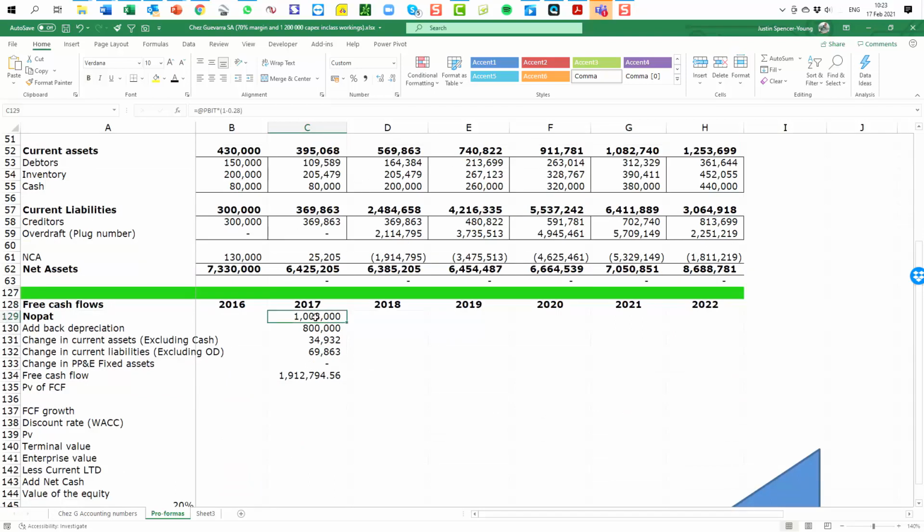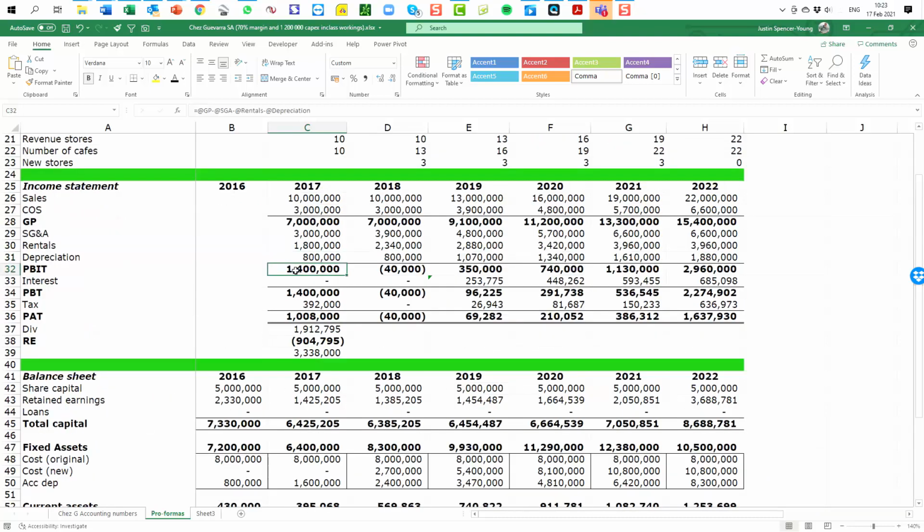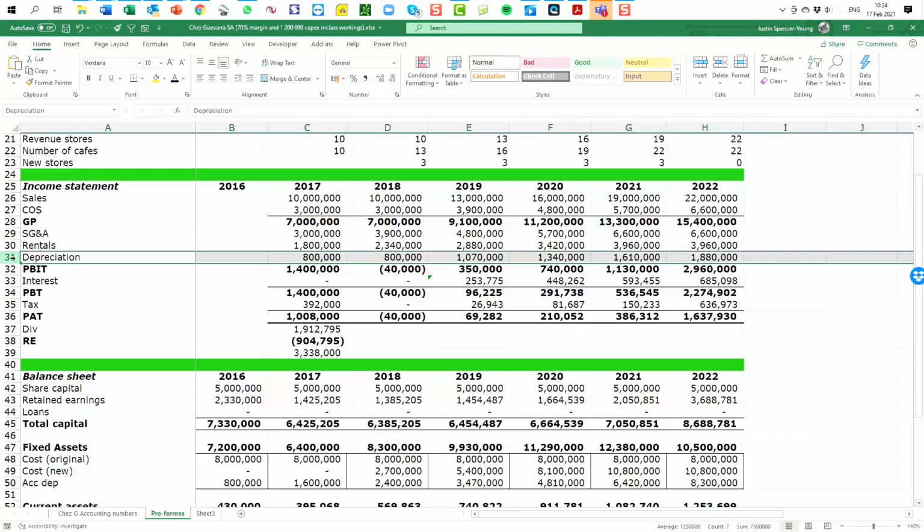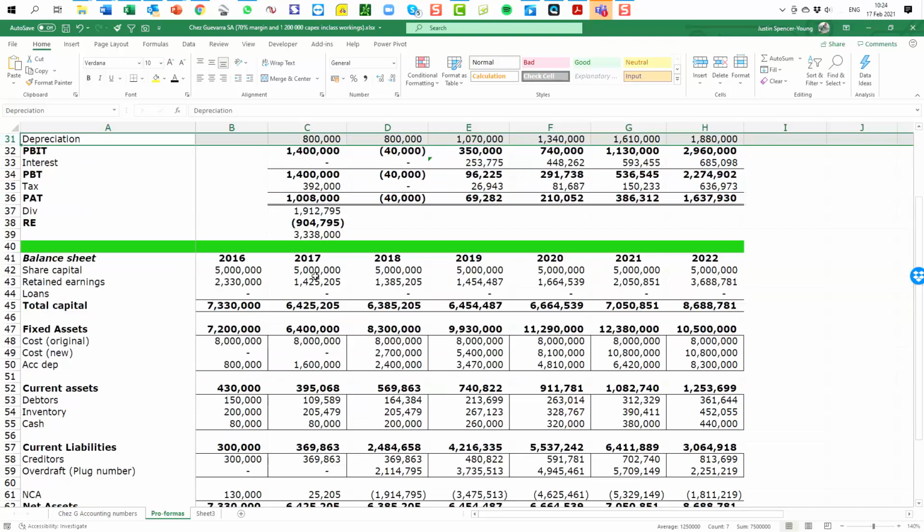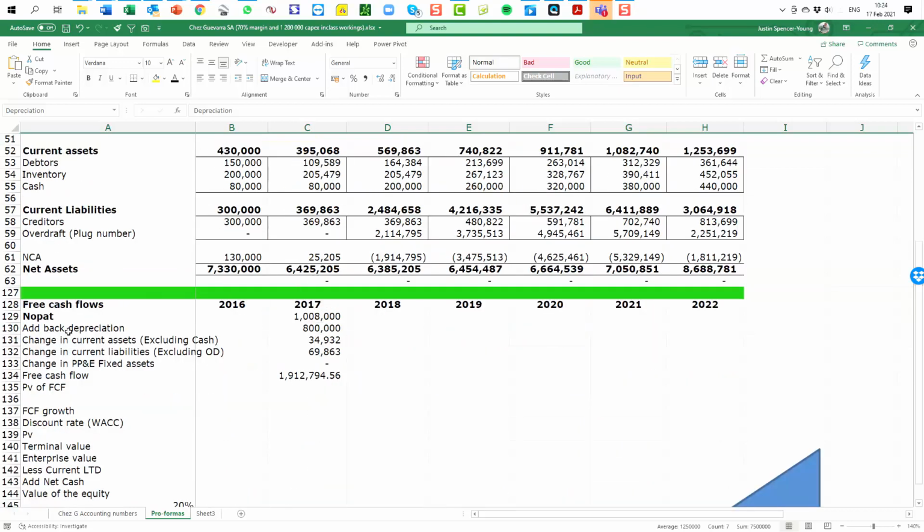Now to calculate the profit, back to this number, the 1.4 million, we subtracted out the depreciation, and depreciation is what we refer to as a non-cash expense. So it's not actually cash that is being paid out to anyone. Therefore we need to make an adjustment to say, what if we didn't deduct this because we didn't actually pay it? What then would the cash flow be? So that's why we are adding back the depreciation. That's the adjustment for non-cash.